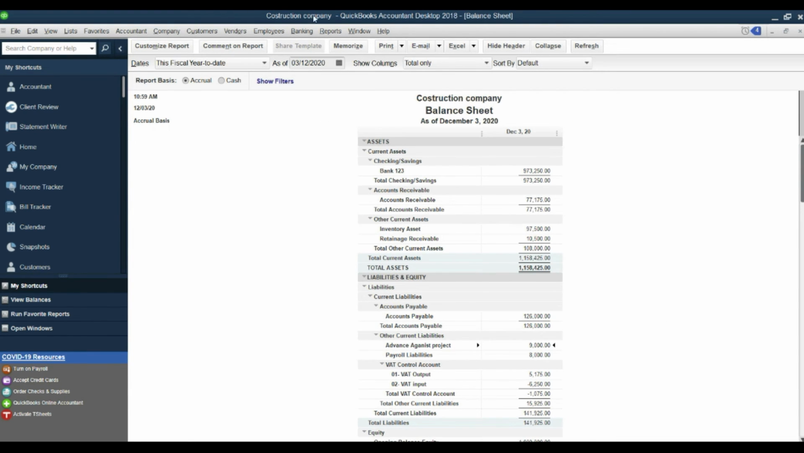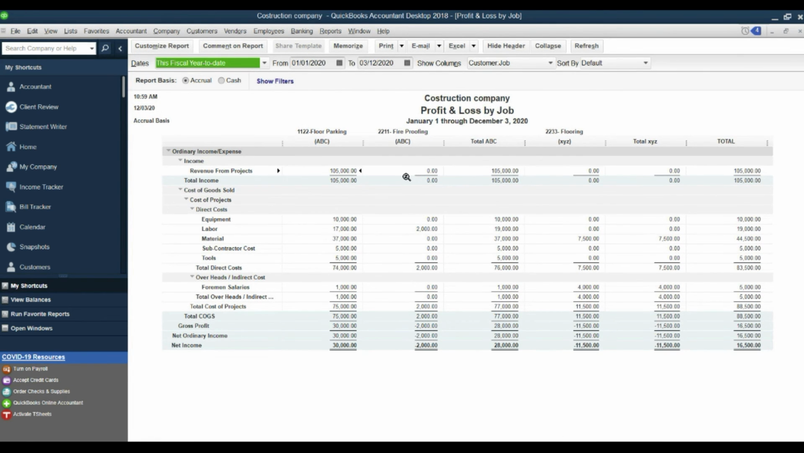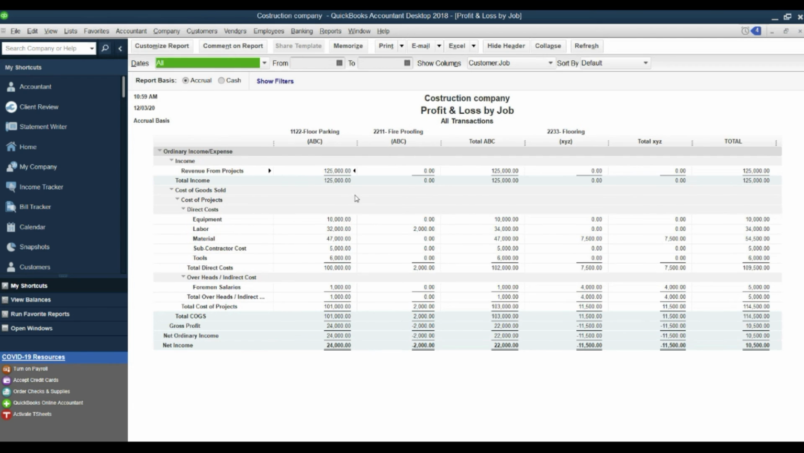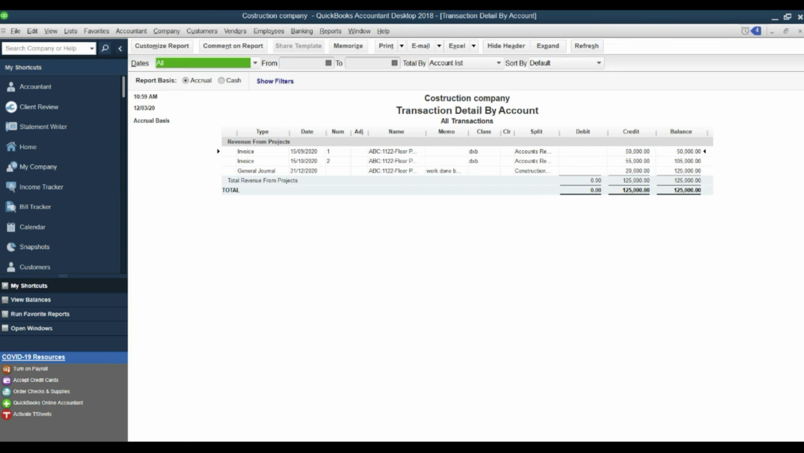Yes. Okay, now if you go to the reports, company financial, profit and loss account by job, you see your project revenue for this year is 125,000. If you dig down, you can see you have recognized the revenue for 50,000. You have performed the work and you have invoiced. Here you have performed the work but you haven't invoiced only. So this is the total revenue that you have earned during the year 2020. Okay, now